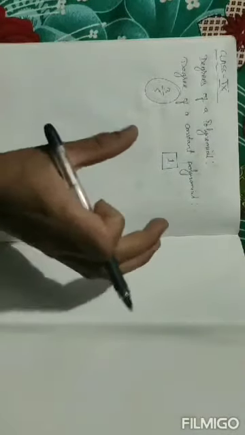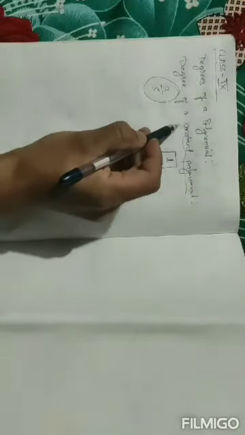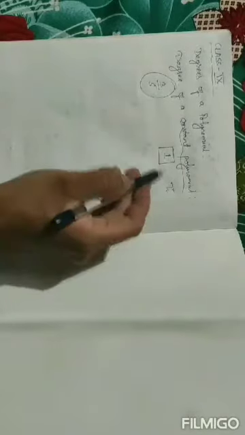Let me first clear up the thing I forgot to tell you in the previous video, and that is the degree of a constant polynomial. I told you what is the degree of a polynomial in general, but a constant polynomial is a special case. Suppose 3 by 5. 3 by 5 is a constant polynomial. It does not have any variable. A constant polynomial means a polynomial which has no variable. It only consists of a constant term. So simply 3 by 5, 1, or simply pi. Pi is also a constant. It has a fixed value, that is 22 by 7, or you can say 3.14. That is why these are constant polynomials.